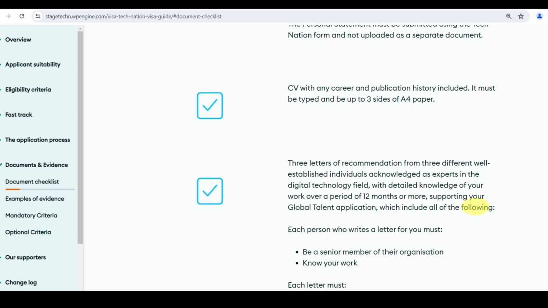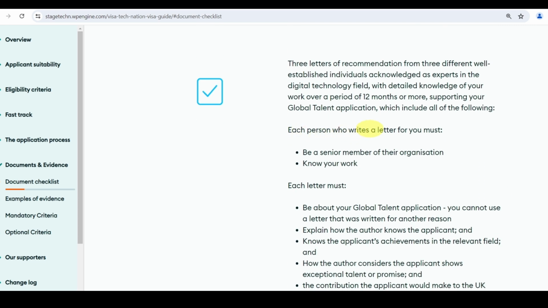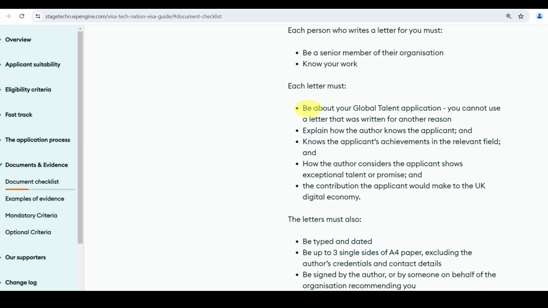Each person who writes a letter must be a senior member of their organization and know your work. Each letter must be about your global talent application. You cannot use a letter that was written for other reasons. For example, somebody has written you a PhD recommendation. You cannot use that letter.